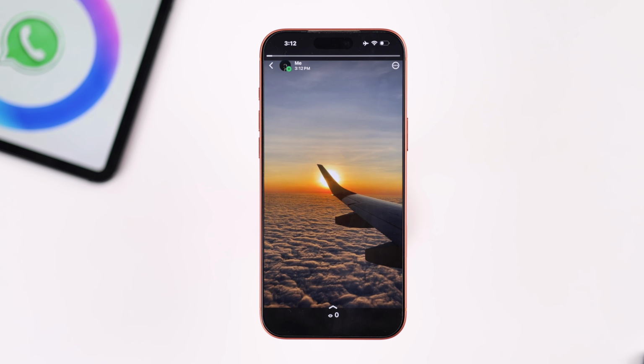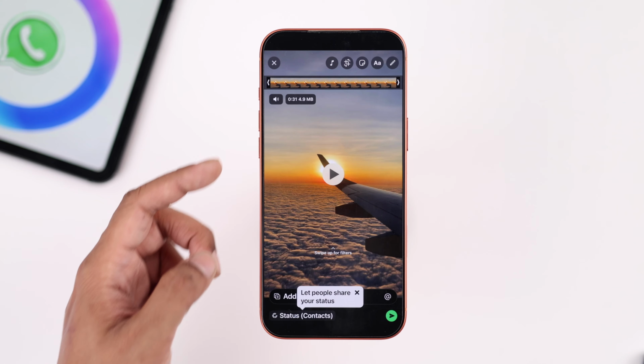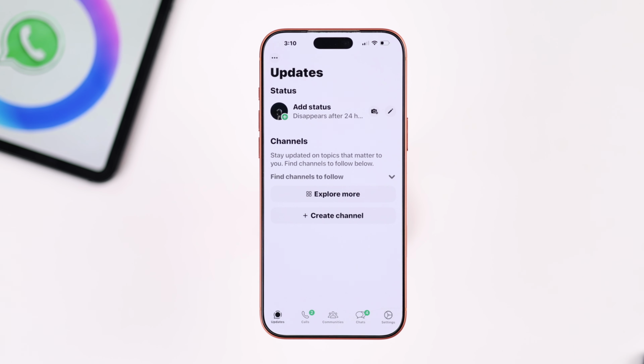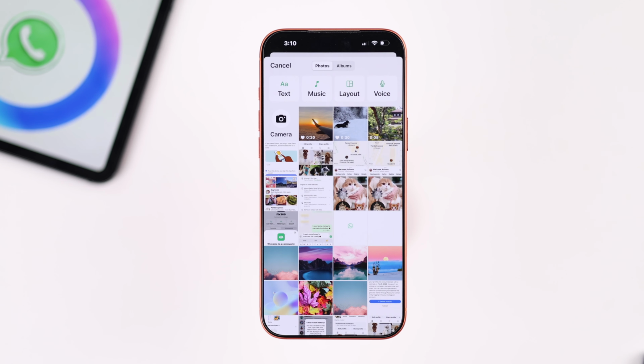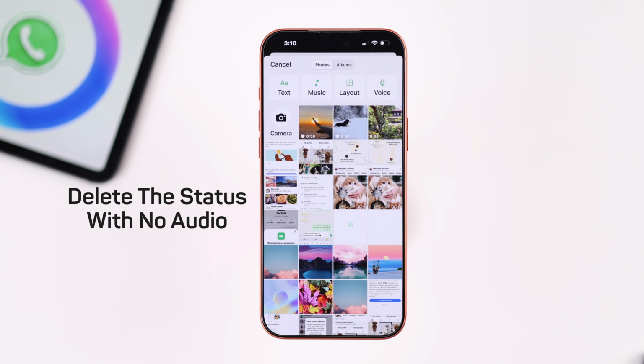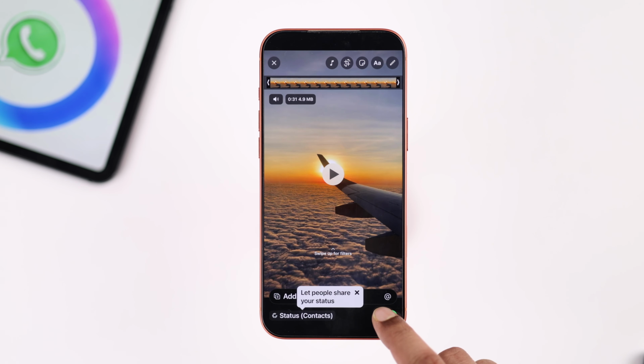First of all, if the status video is not playing sound after uploading, but you could hear the sound while in editing mode, then this is probably caused by a known bug. This happens when your phone's volume is not turned up while you're uploading the status. So just delete your status that has no audio, turn up your device's volume, then re-upload the status and check